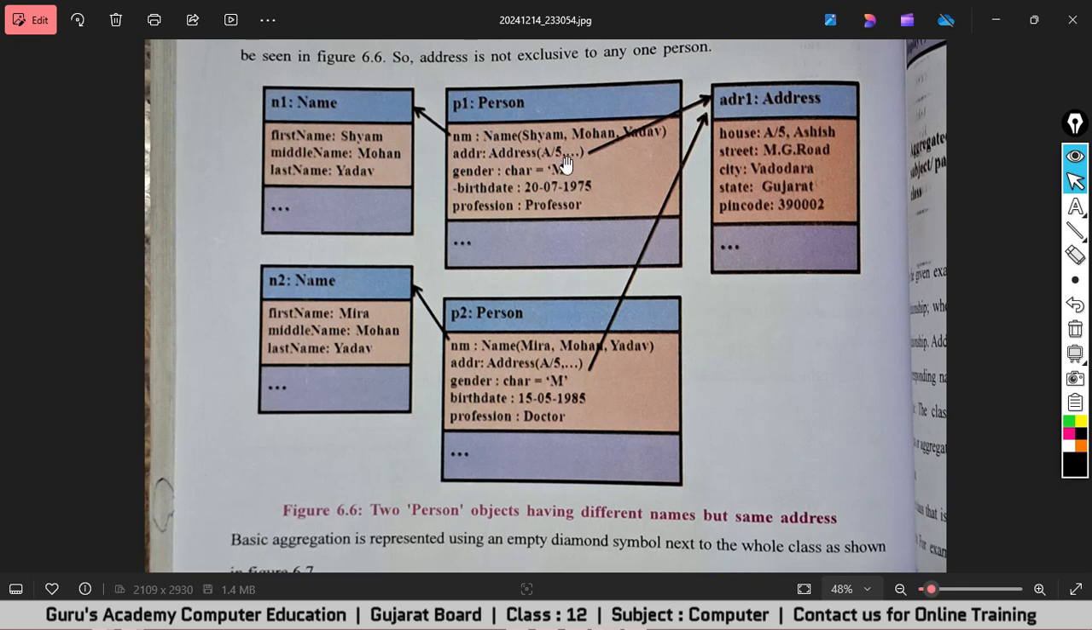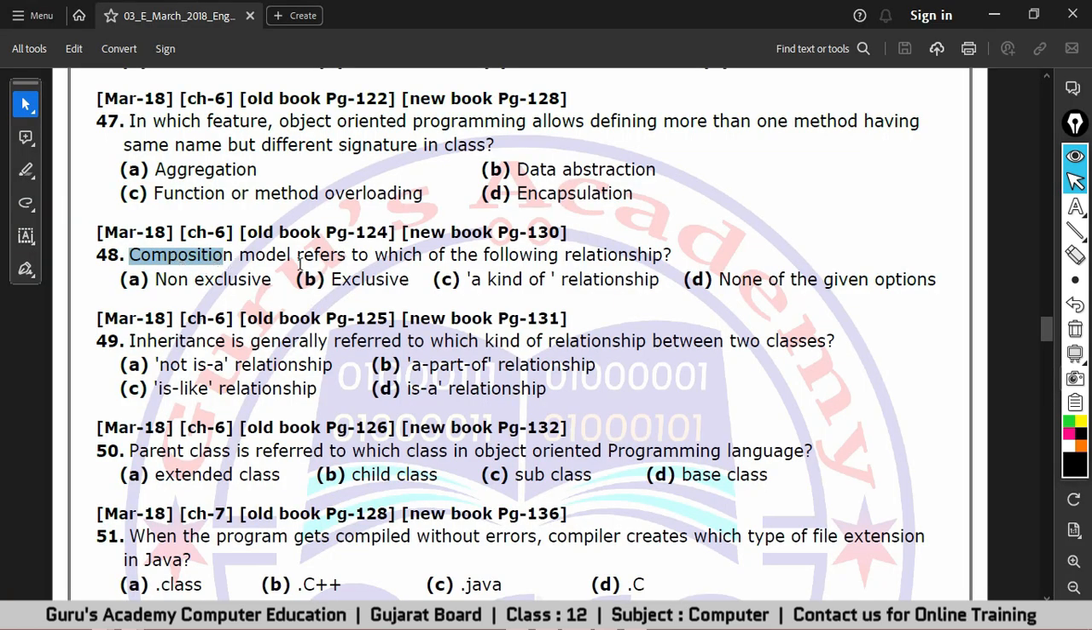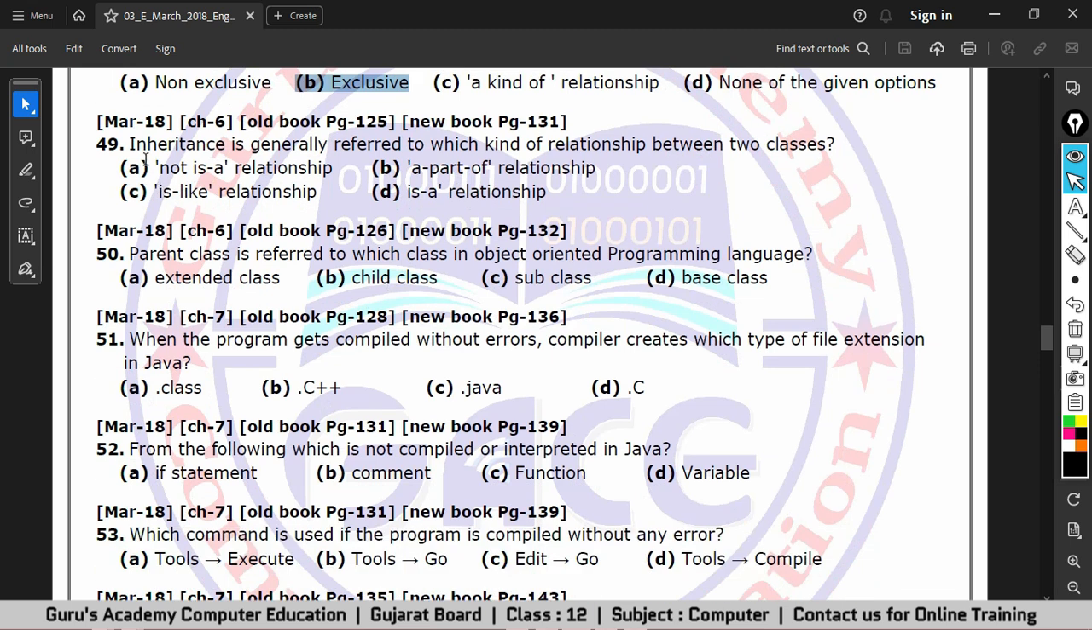But here if the person 1 gets deleted, N1 object will not survive. So between name and person we have exclusive kind of relationship, and in between person and address we have non-exclusive type of relationship. So I hope it's clear to you. The question is composition model refers to which of the following relationship, and the answer is exclusive. Okay. The next question is